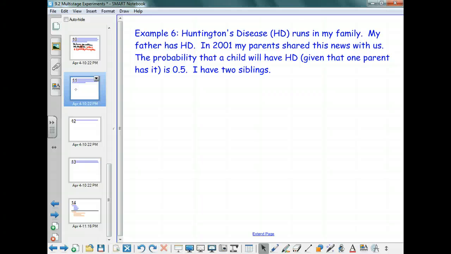Huntington's runs in my family. My grandmother had Huntington's disease. And the way that it works is this. When you have Huntington's disease, when you have children, they each have a 50-50 shot of getting it. A lot like when you have children, you have a 50-50 shot of having a boy or a girl. Right? So aside from genetic mutation, if your parents don't have it, then you can't